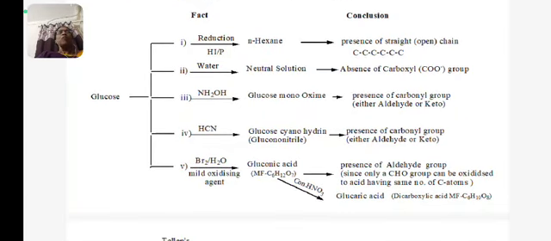For that, we add bromine water to glucose. Bromine water is a mild oxidizing agent. We know that only aldehydes can be oxidized by mild oxidizing agents. When glucose is treated with bromine water, glucose gets oxidized to gluconic acid, which indicates the presence of an aldehyde group. We know that only an aldehyde group can be oxidized to an acid having the same number of carbon atoms. When this gluconic acid is treated with a strong oxidizing agent, concentrated nitric acid, we get glucaric acid,